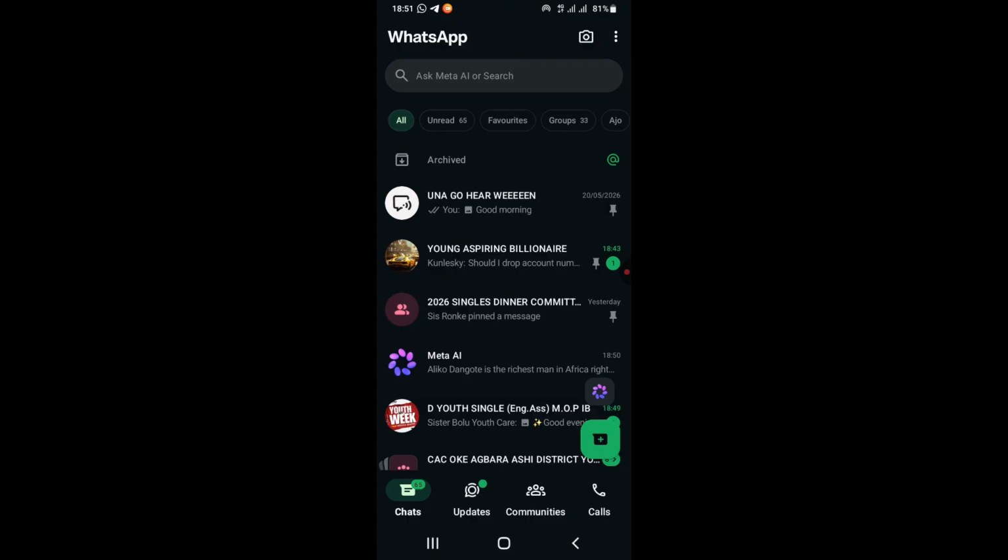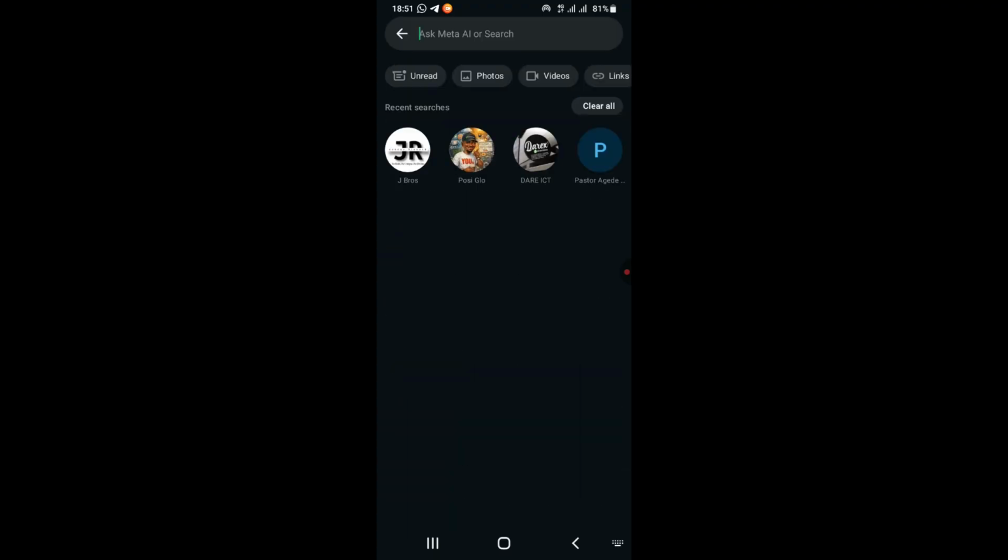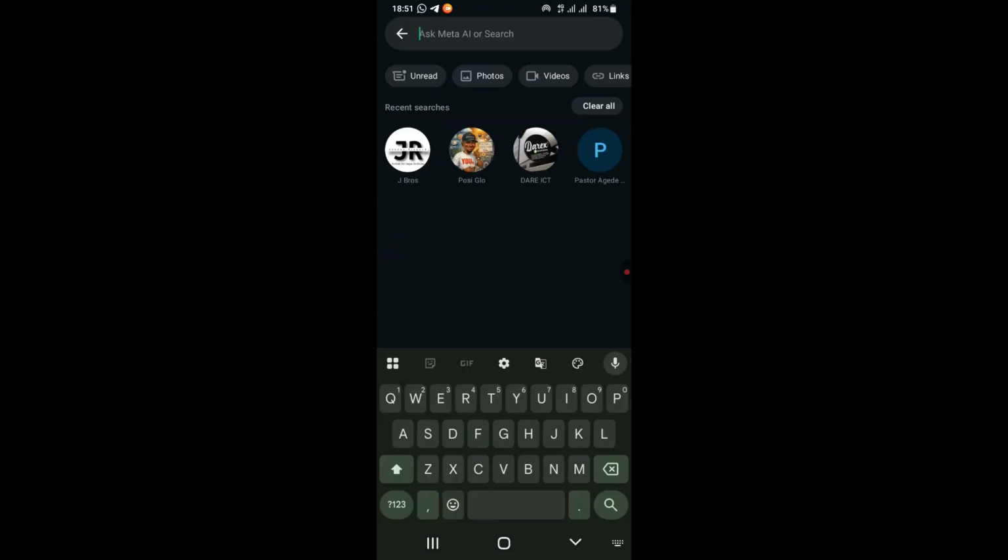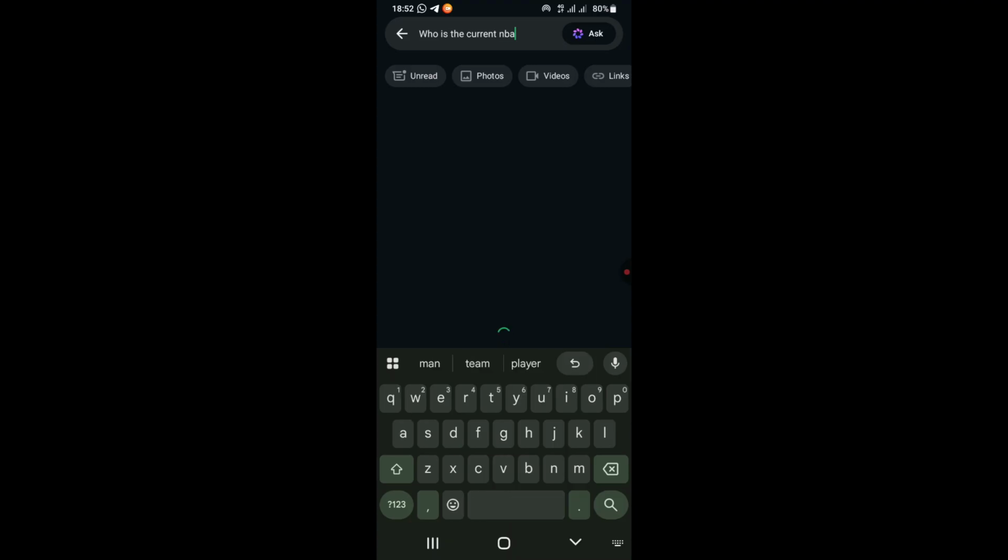Take for example, you have a very quick question you want to ask AI. A very fast and simple way to do it on WhatsApp is you look at this search icon, you click on it, then type whatever it is you want to ask. Take for example, ask: who is the current NBA